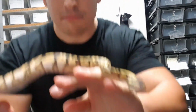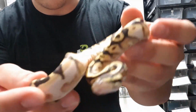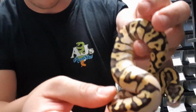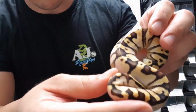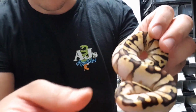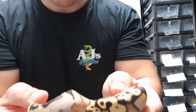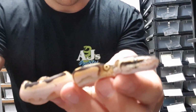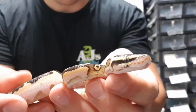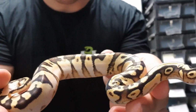Was my calico spot nose to a pastel Enchi yellow belly, and you can tell he's nice and friendly. Oh, this camera is not doing him justice at all. It's the light, but man, this clutch came out great. There it goes, it's focusing. So this is... man, I just need to do the update video later because this is not doing it justice, and the front facing camera is not nearly as good as the rear facing. But look at that,